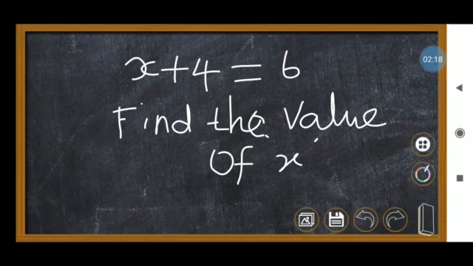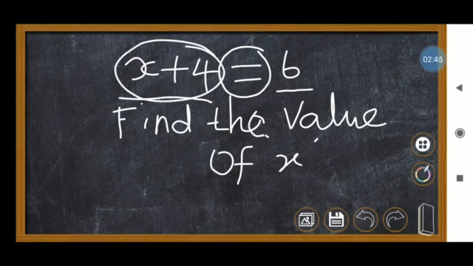First, you have to know whether this is an equation or not. How to identify an equation? First, look at the symbol. This symbol is called equal. In front of this equal symbol they give one expression and on the back side they give another. In the left hand side you can see the expression contains a variable and a constant also. But in the right hand side, only a constant is present.